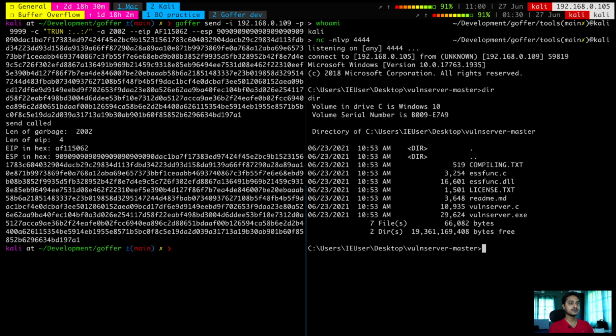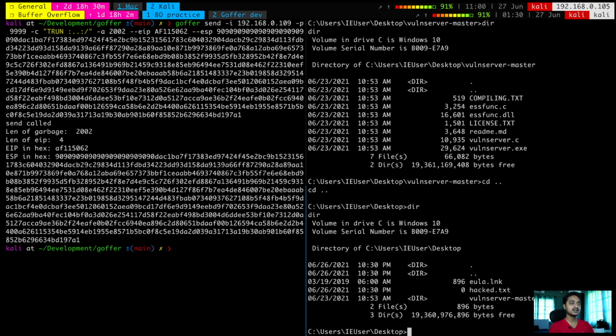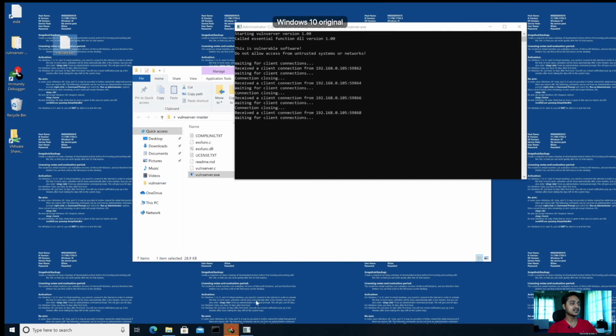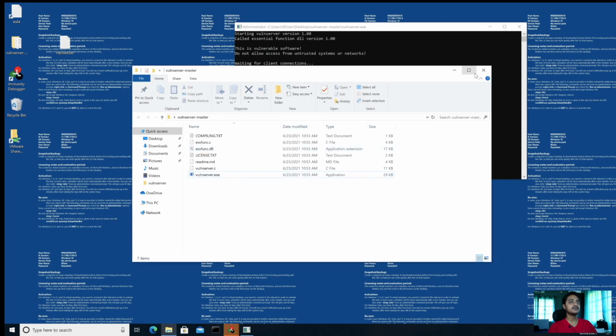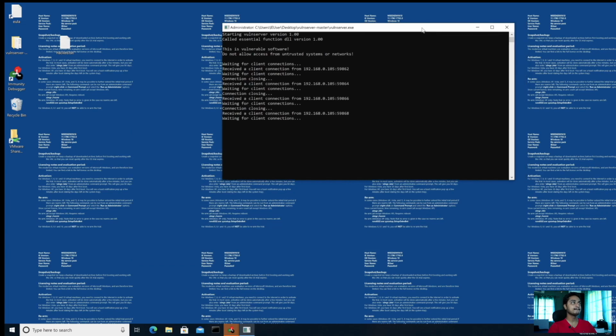So let me go to the desktop. The dir command lists, so you will see that there is a text file hacked.txt. So now you can control this computer, and I see that Windows has started popping up some notification that there is something fishy going on. Although I have turned off the firewall, Windows is getting better at it, for sure.